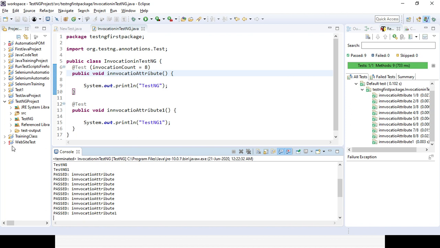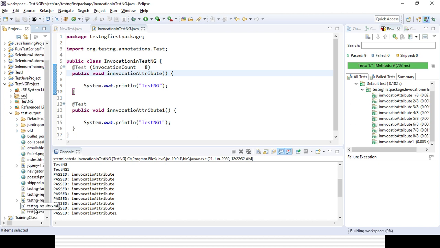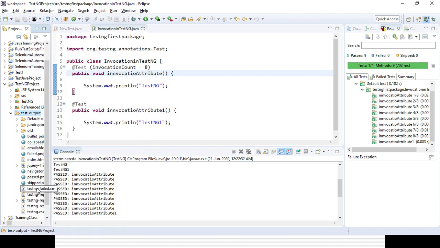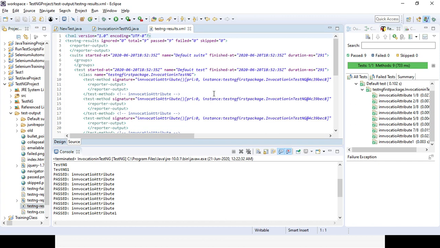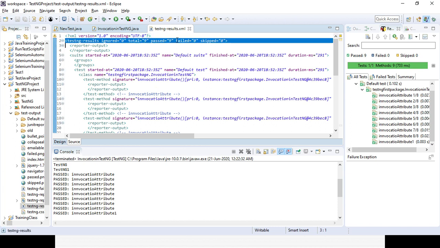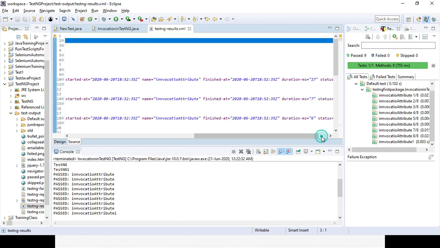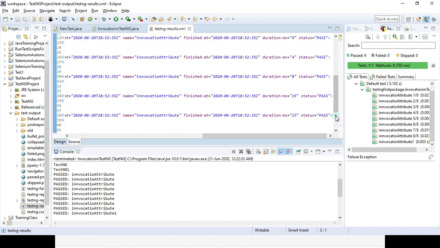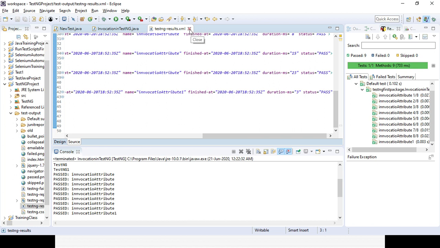If you want to check from the output folder, you just need to refresh it, and if you click here, you can see the number of executions is total 9, ignored 0, fail 0, and all methods will come with status as pass, right? Invocation attribute with the duration, pass time, and fail time. Okay,